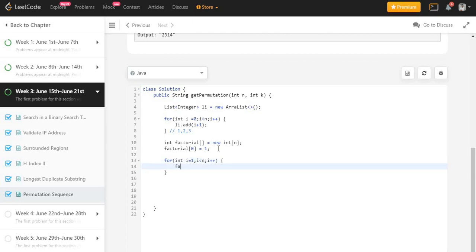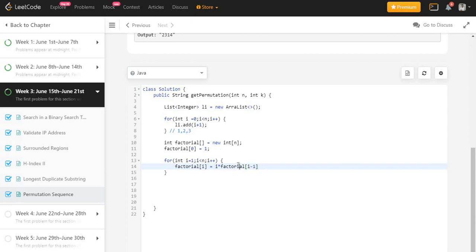Then I will calculate the factorial: factorial i equals i into the previous number, factorial i minus 1.